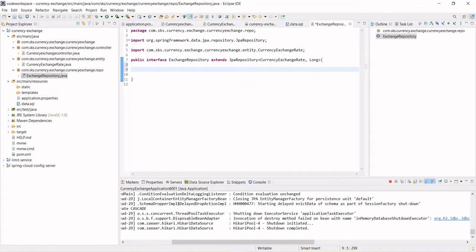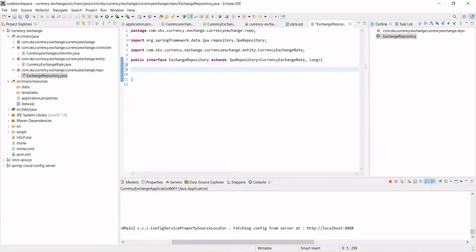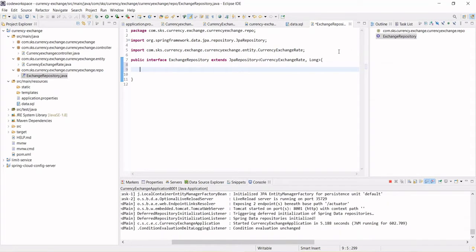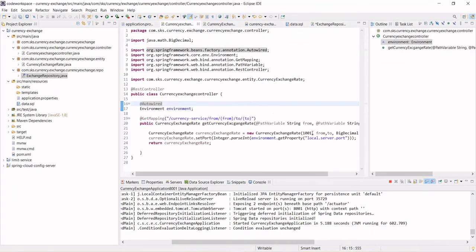Now we'll have to write the query method. How you write the query method is important. If you go to the controller, this is the controller. You have an input from and to. Only from and to entries are coming.